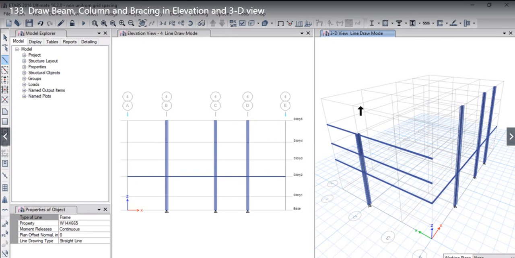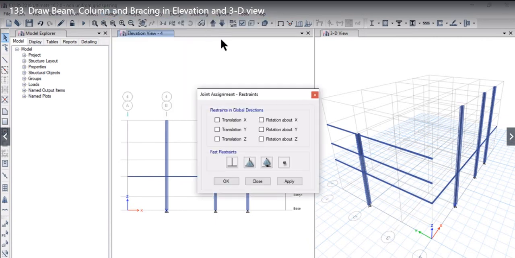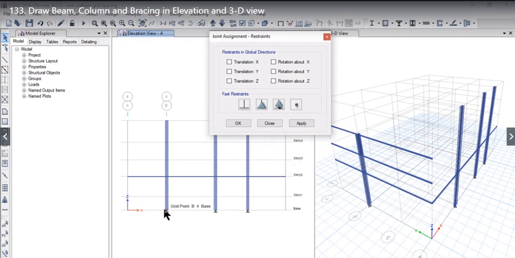There are two more concepts that I would like to share with you. Number one concept is go to this point, select object. You will notice that there are supports drawn here. How to assign a fixed support or a pinned support? What we have to do is go to assign, joint and restraints. This is not a fixed support. Never assume it as a fixed support. So we select this point here, that is fixed point, that is all the rotations and all the translations along all the axes are restrained. They are not allowed. Left click on apply.